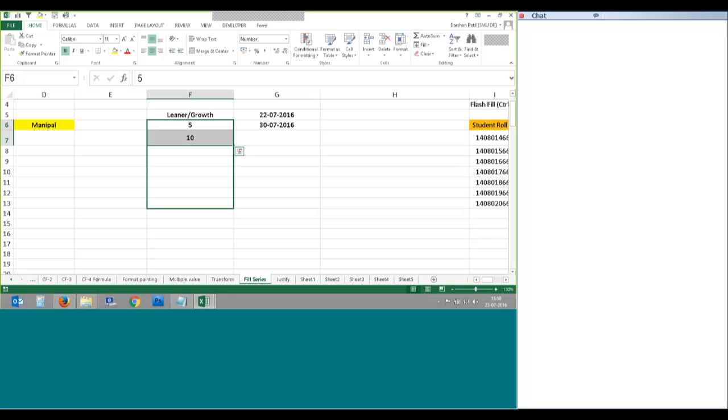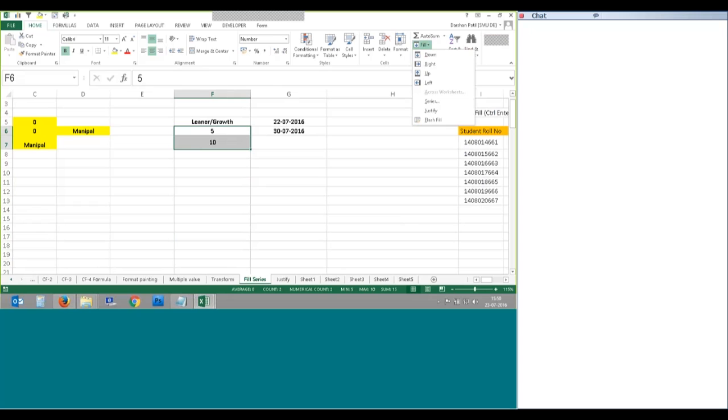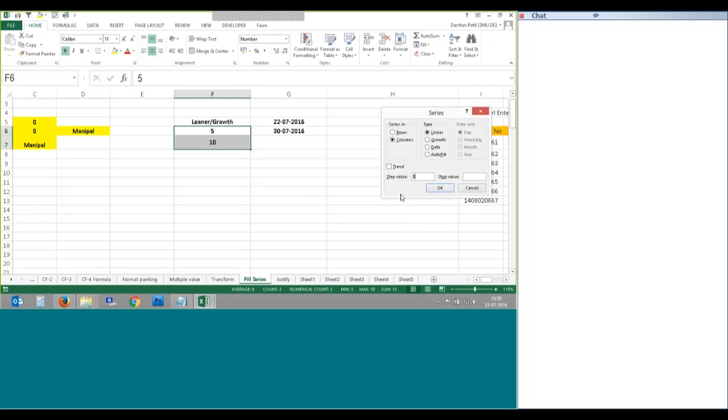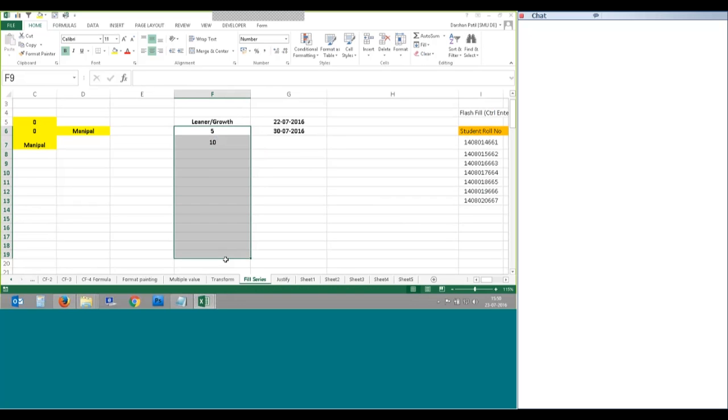So that is the difference. 5, 10, 15, 20, 25. Pattern is defined. We are dragging that value. And trend is what is running at the screen. Trend, what is running now? Trend. Maybe I can highlight this and click on